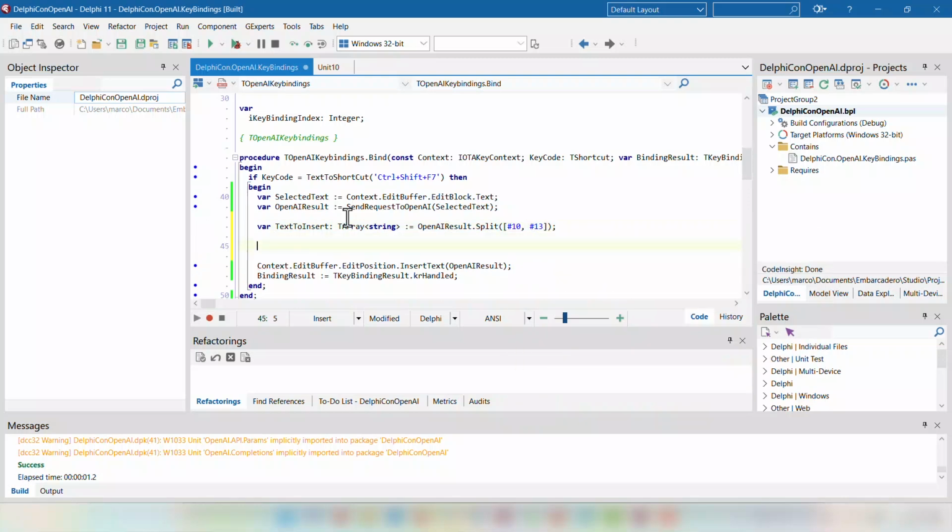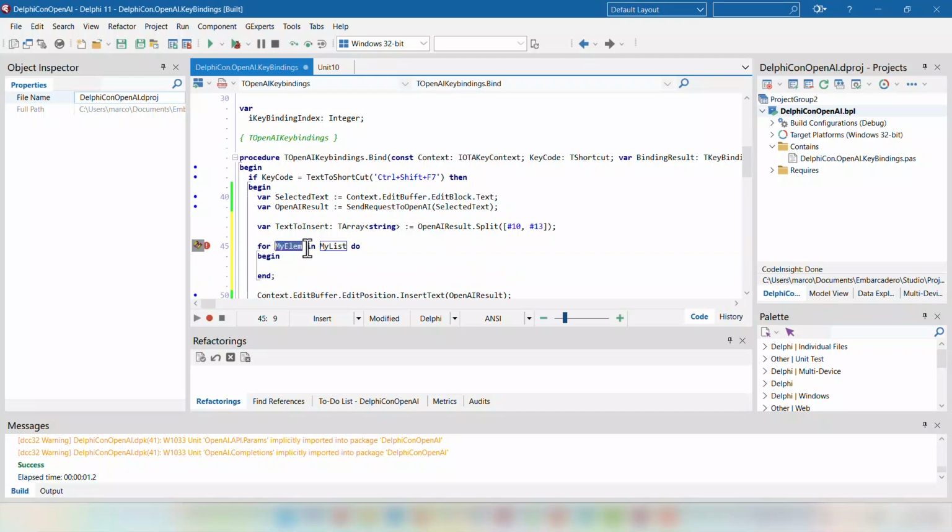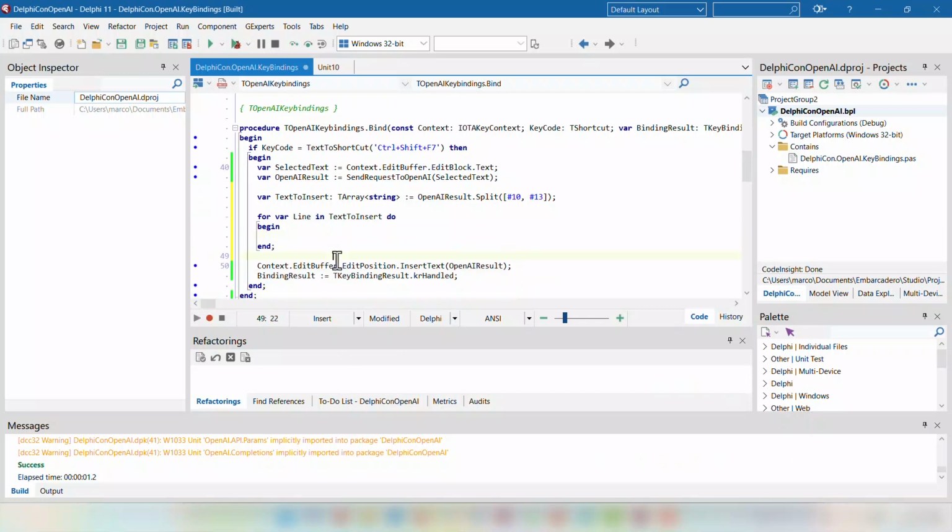There you go. So what we now have is a list of strings, and what we're going to do is insert these one by one. So for in line of the text to insert, do